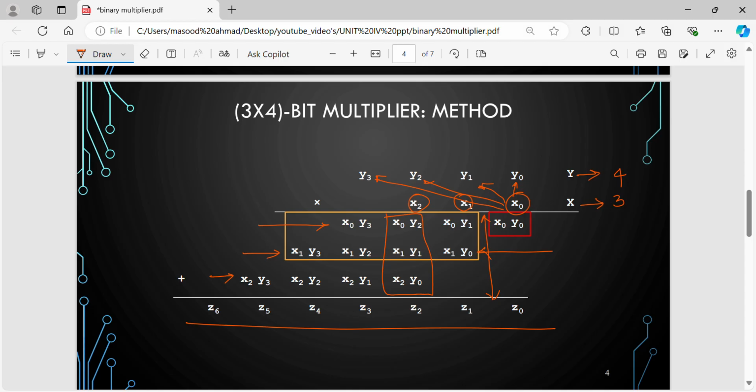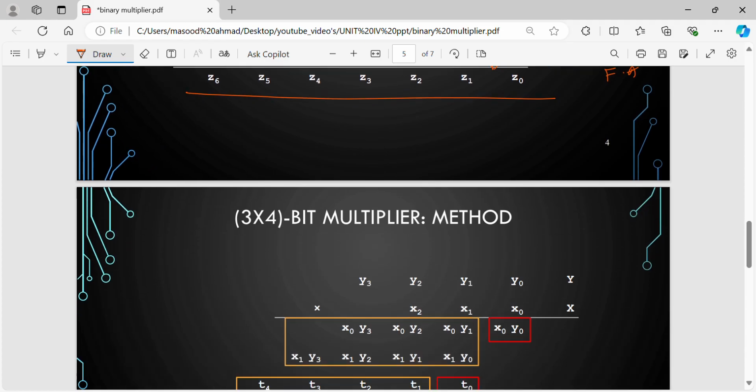As we have learned already, a 3-bit adder is a full adder, and a 2-bit adder is a half adder. Now we will apply that knowledge, we will use AND gates, and we try to complete the whole process. So if I do that,